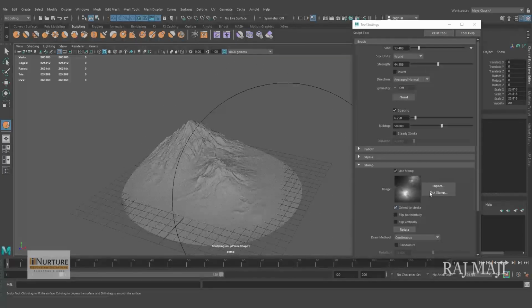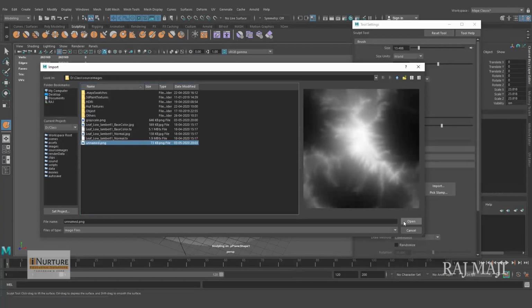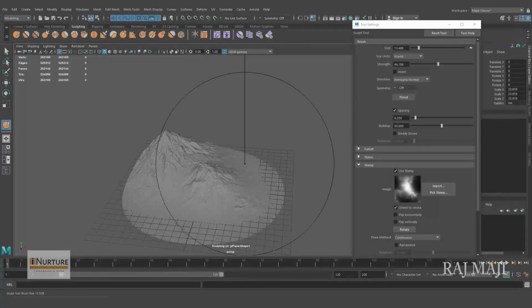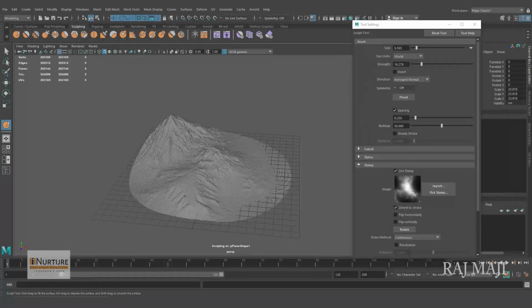Now let's change this map. Maybe now this time this one, and decreasing the strength also. Let me check.